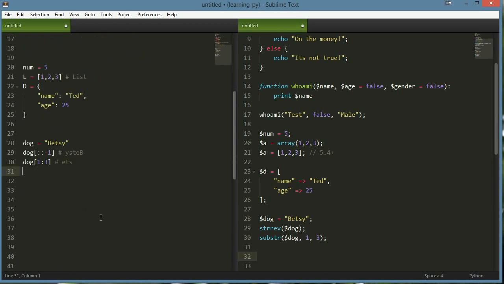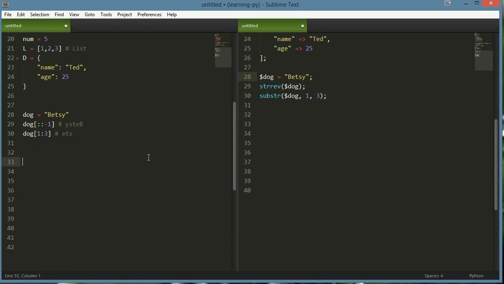It's pretty nice when you're dealing with arrays and lists. Let's say I have L equals 1, 2, 3 once again, and let's just type it out again. L equals 1, 2, 3 in PHP. Remember that's 5.4 and up. If I want to grab a section, I would say L[1]. That would give me the second value because 0, 1. If I wanted values 1 and 2, I would have to do something like array